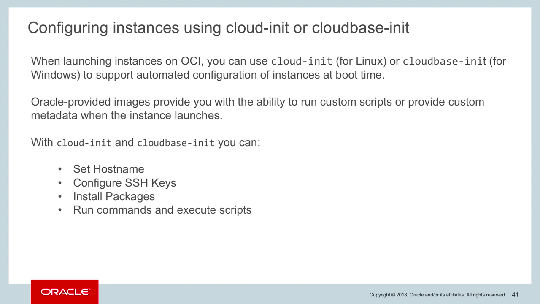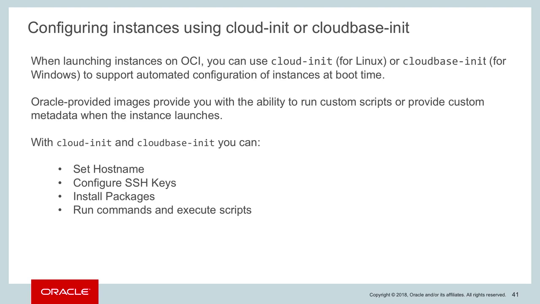So when you launch an instance in OCI, you can use cloud-init. Cloud-init is for Linux, or cloudbase-init for Windows, and it can support the automated configuration of instances at boot time. Why would someone actually use it? Like I said, it's easy. It facilitates configuring an instance. As you can see, you can set a host name, configure SSH keys, install packages, and run commands in a script. It's very useful